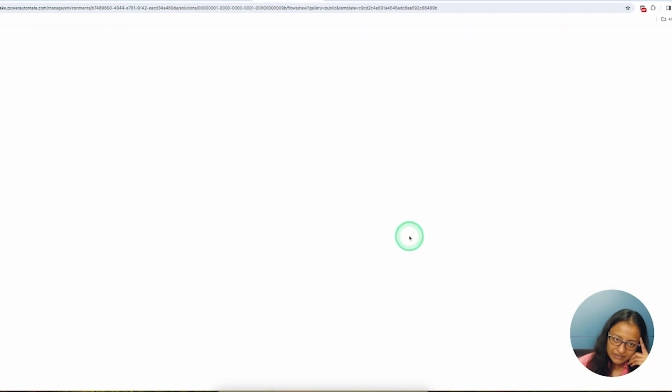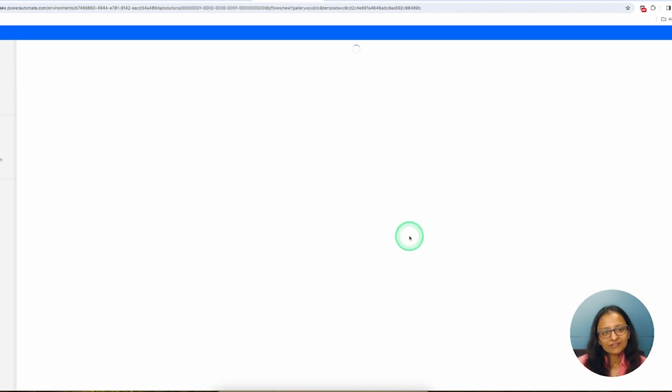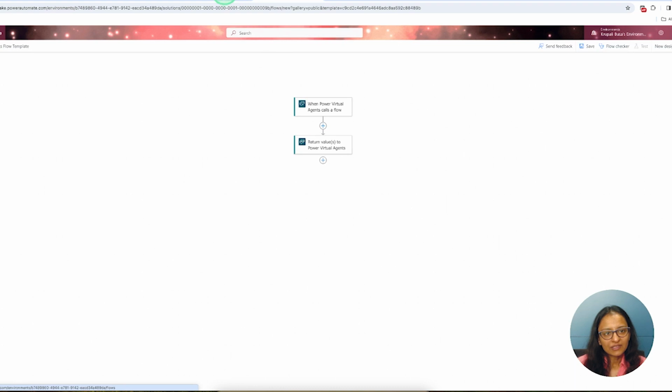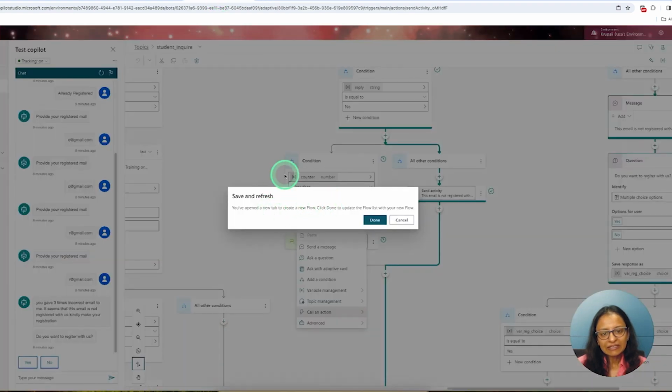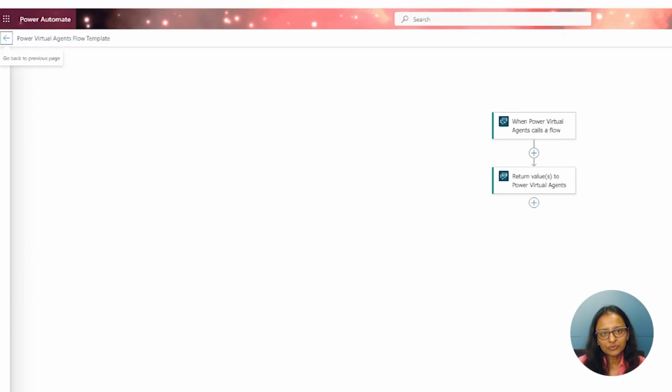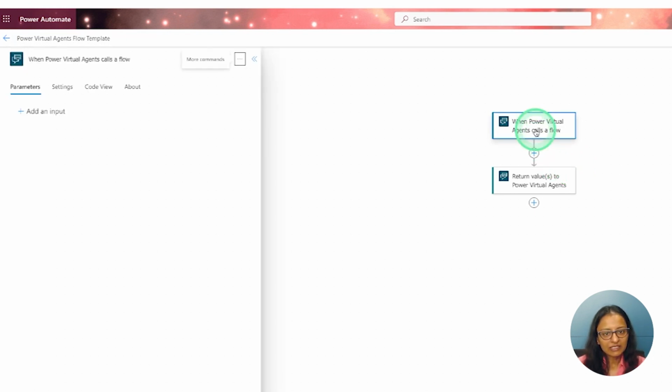and I'm creating a new flow for that. And here the agent will give a counter value to that Power Automate flow, and the flow will increment the counter and give back the incremented value. So let me initialize the variable, that is add an input, and this time it is a number.